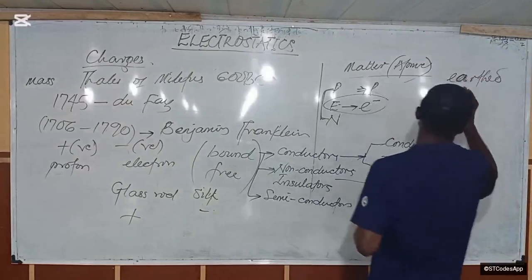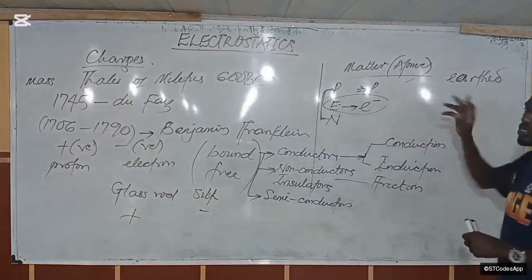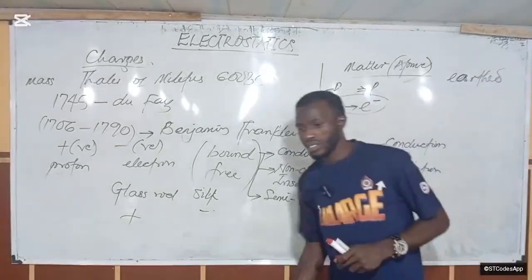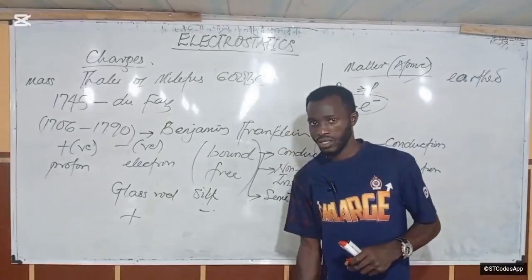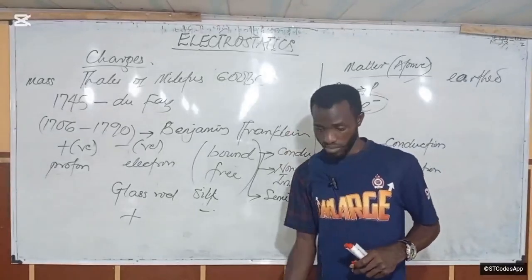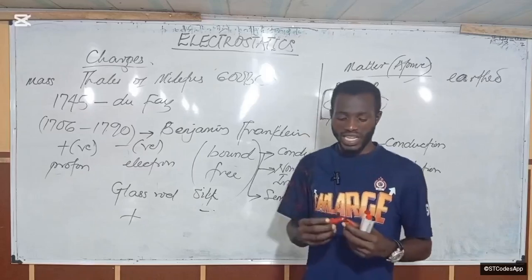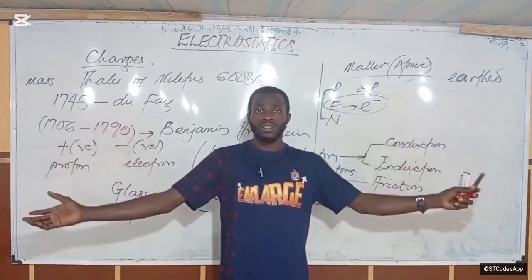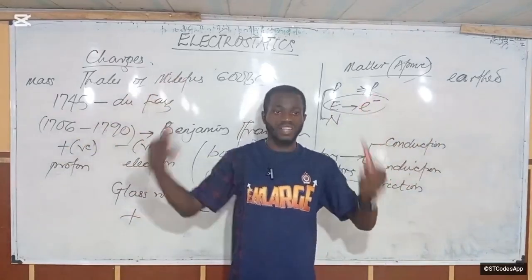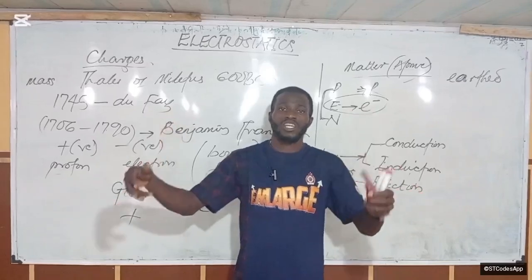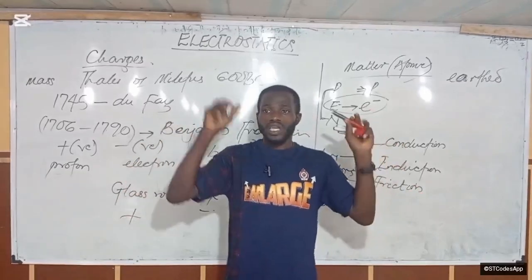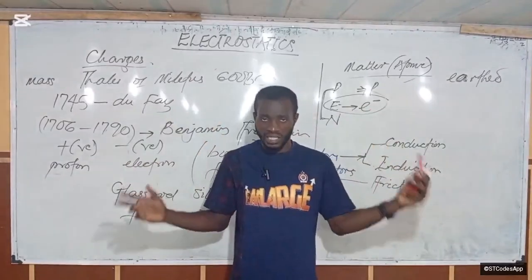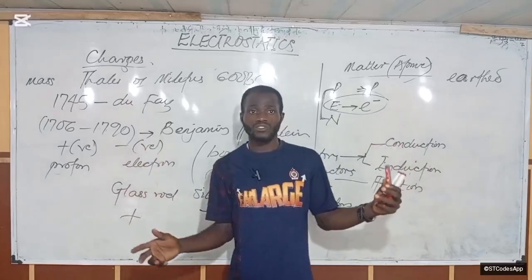Now, what is earthing? Earthing is the process by which a charge is conducted to the earth, the ground. Why? Because the earth serves as a reservoir of charges, both positive and negative. So you cannot overcharge the land, you cannot undercharge the land. That is why all charges can be conducted to the earth, and the earth is never more charged than it is, or less charged than it is.